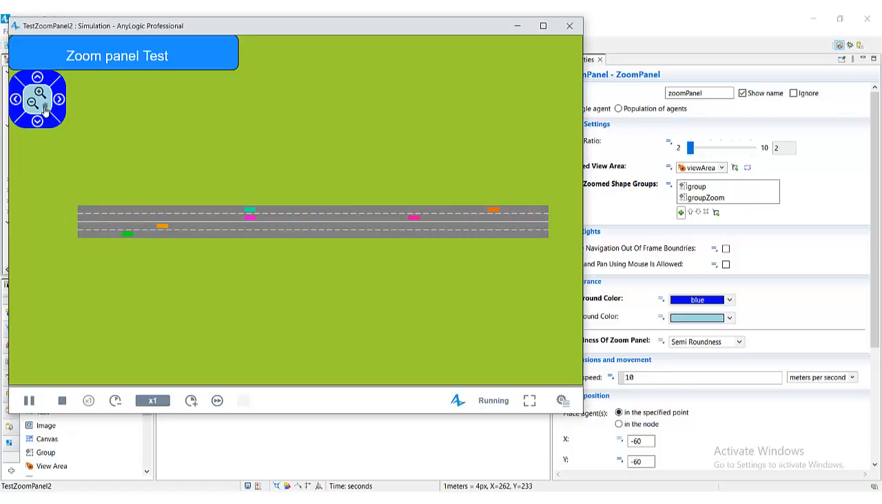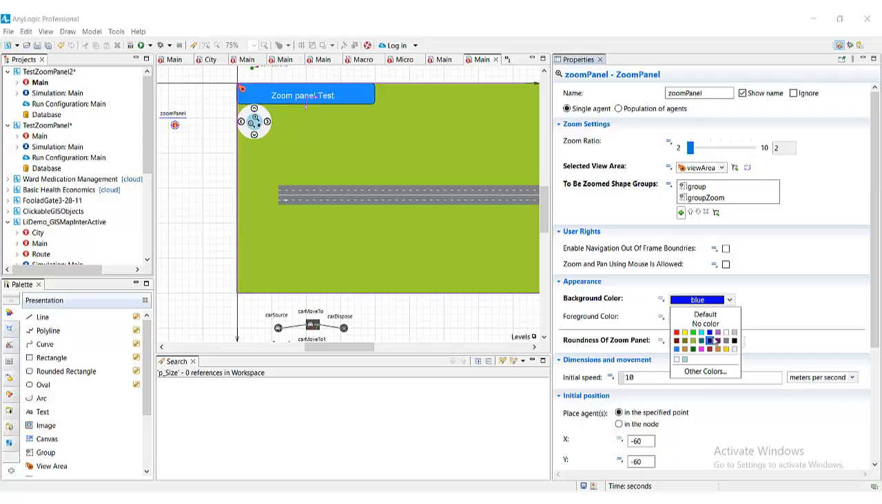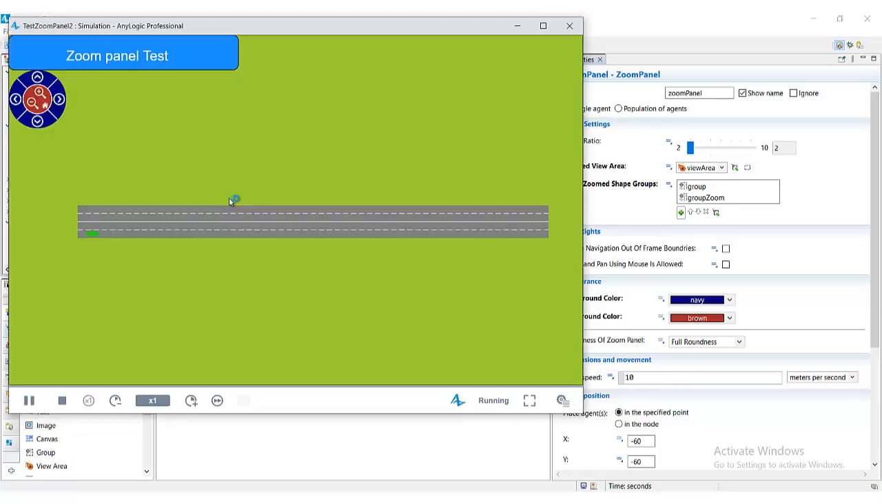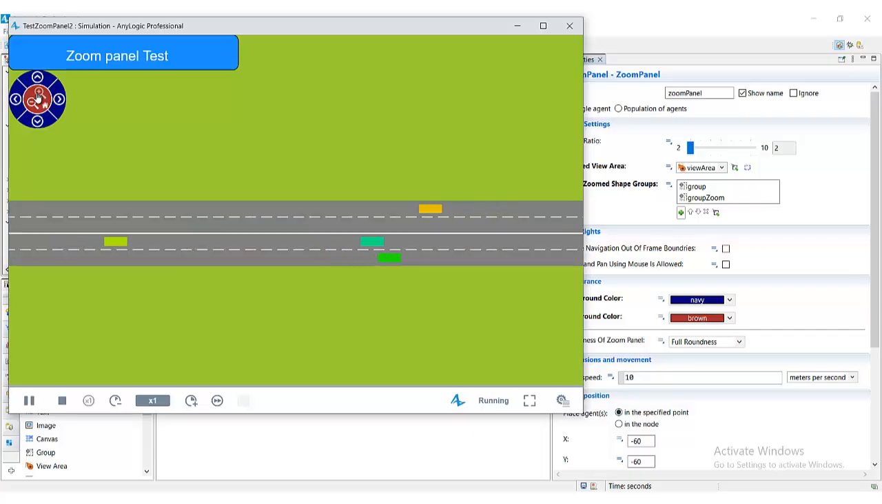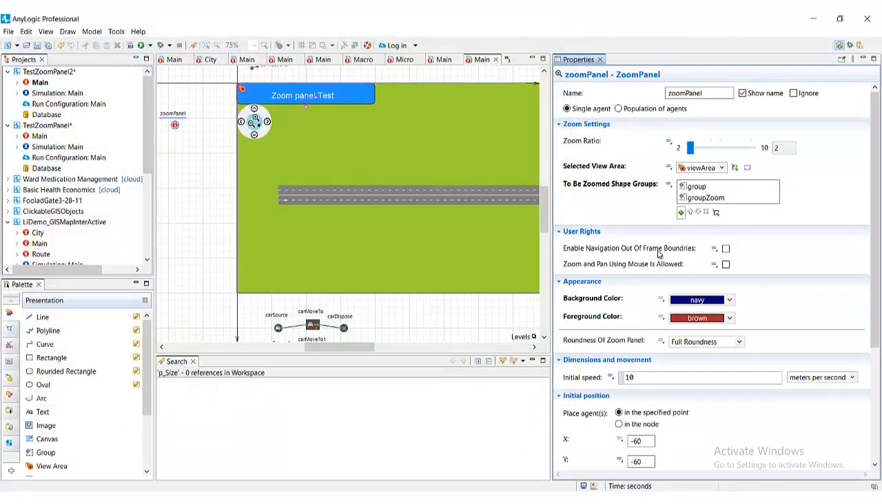Now we change the foreground color and change the theme to full roundness, and you can see the result. As you see, the color of the zoom in and zoom out buttons changes from black to white automatically based on their background color. Here we enable navigation out of frame boundaries, and you can see that